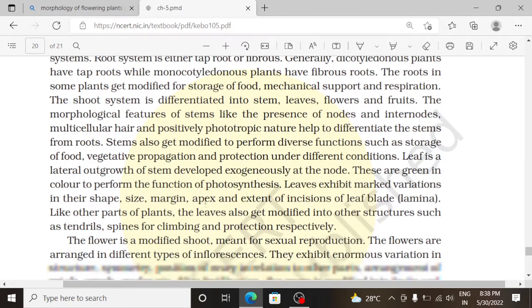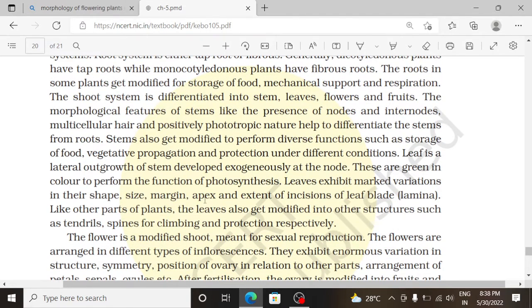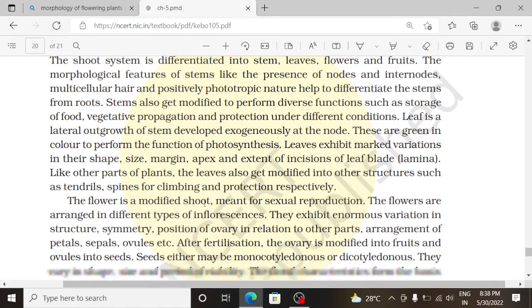Leaf is a lateral outgrowth of stem developed exogenously at the node. These are green in color to perform the function of photosynthesis. Leaves exhibit marked variations in their shape, size, margin, apex, and extent of incision of leaf blade, called lamina. Like other parts of plants, the leaves also get modified into other structures such as tendrils, spines for climbing and